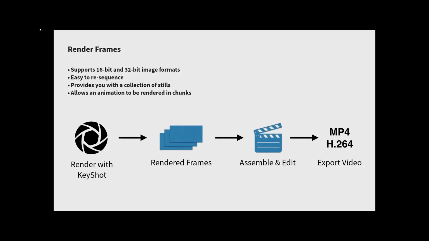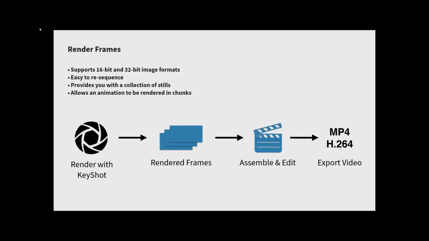The other thing is you can actually resequence those. So you've got a folder of, say, 500 frames. If you have 3 scenes or 3 shots, and every 150 frames is another scene or shot, you might realize that they looked good in this order, but then you go from a black background on one to a white background on the other, and it's kind of jarring. You might find that resequencing those will make that a more pleasant viewing experience. You can do that if you've got these frames. You can play with them, and all you have to do is rename them or reorder them in your animation or